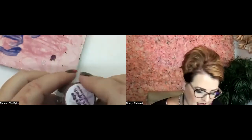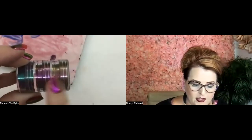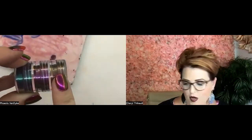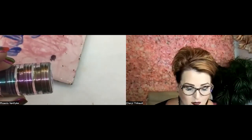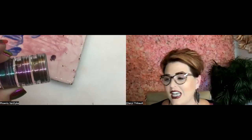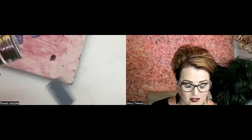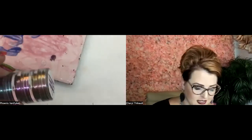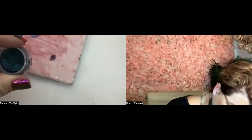Okay, you missed what color it was. Okay, so this is actually one of the cat's eye stackers. So these are all chrome. And the way that you use them is you mix them with a top coat, such as Outshine, or you can use Shine On. And then you can brush it on and use a magnet, actually, of all things, to make it look like the cat's eye. That's all the rage these days, right? But I do like using it. I'm going to use this color too,